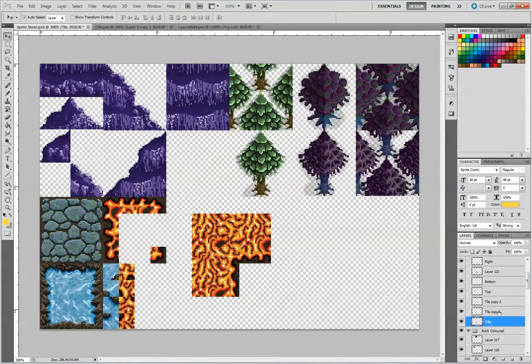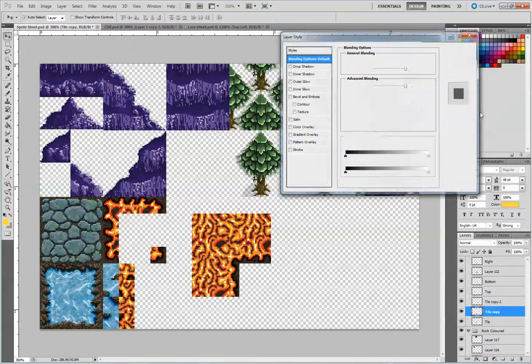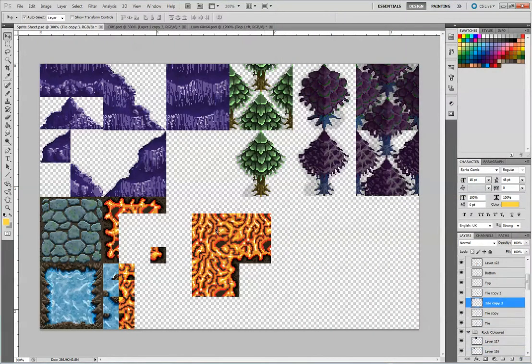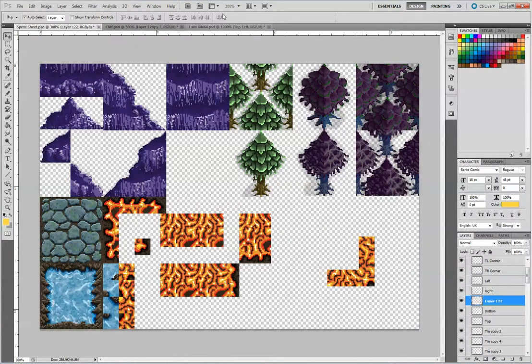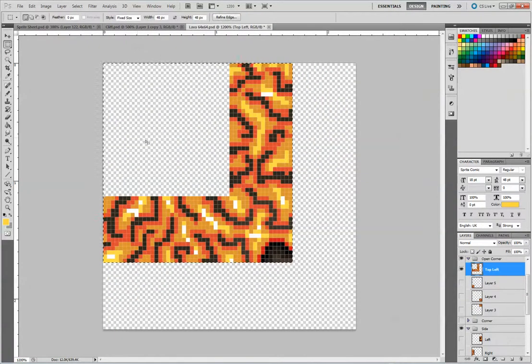Then we just want to make some more copies of these, just to ensure that they fit around the side. There we go. Because obviously what we're going to have now is that same gap occurring, but what we need to do is take a reference shot of